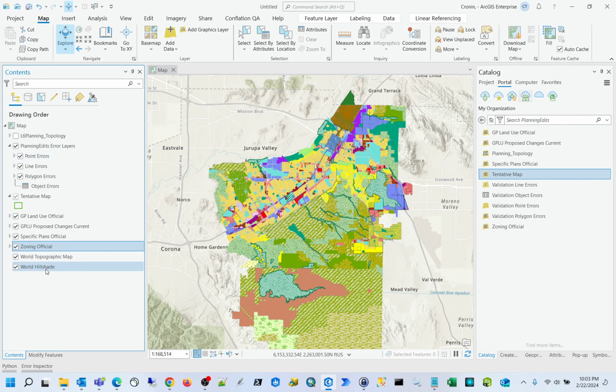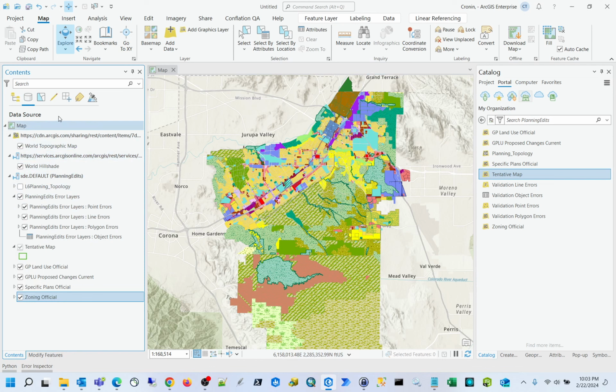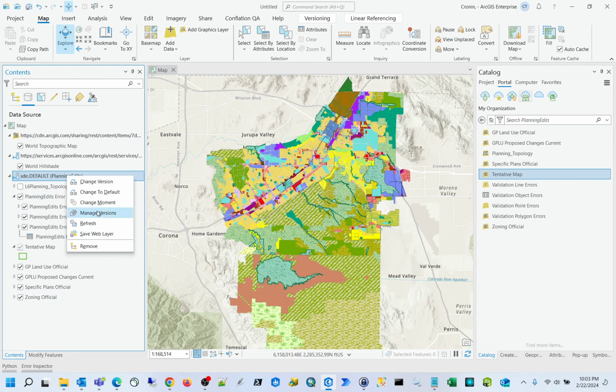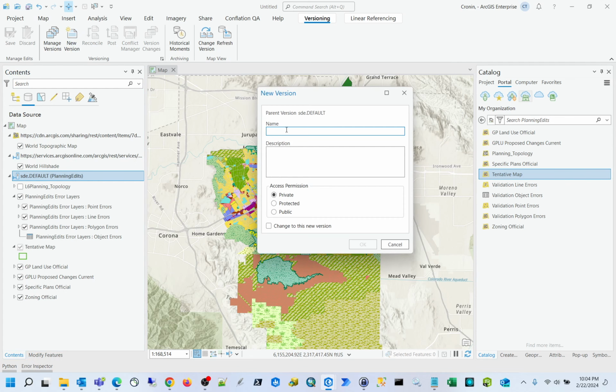Okay, so once we have this data, and you check this out, I mean, this is a service. So let's see what else. Quick little synopsis here. If you want to start editing, you have SD default planning edits. You can either come in here and click manage versions. What I prefer to do, what I've been training everybody to do, click on default, come up here to versioning, click on the new version button, call it